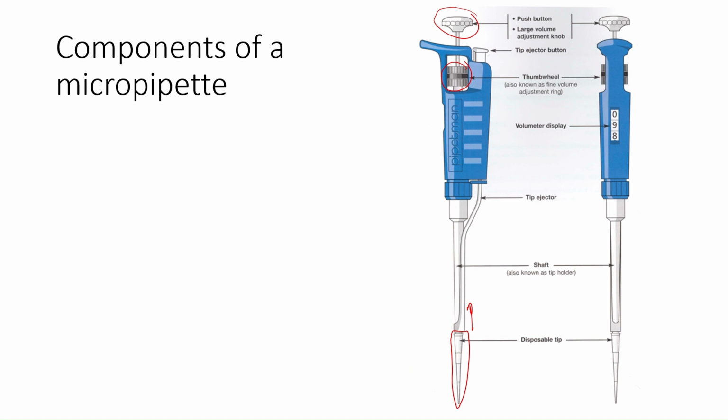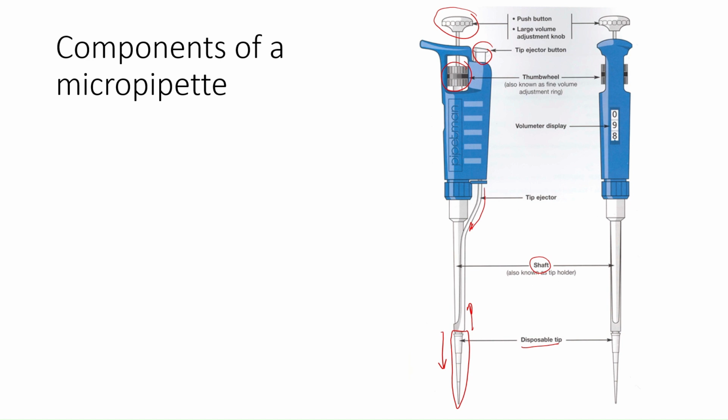Once you've set your volume and you place your tip onto the shaft, which is also called the tip holder, and you measure out your liquid, then you'll need to eject your tip, because you'll want to use a new disposable tip every time you measure a new liquid. To eject the tip, you'll press this tip ejector button with your thumb. That button will then push down this actual tip ejector,